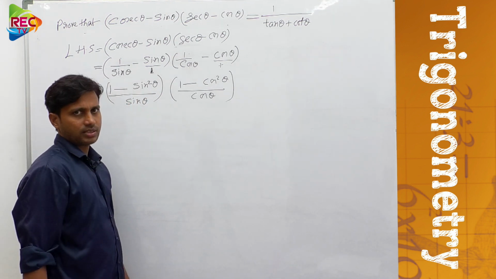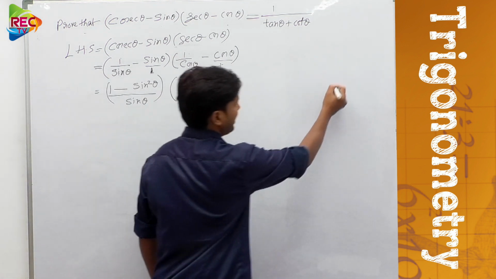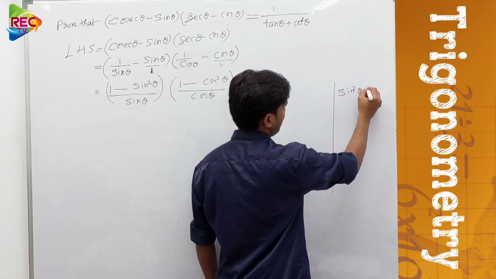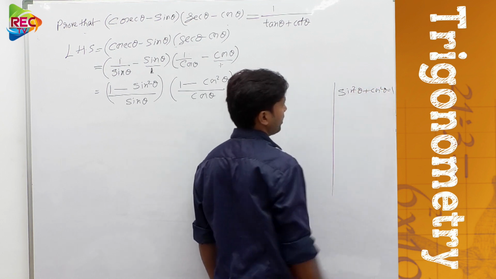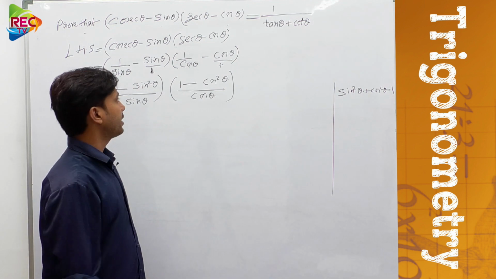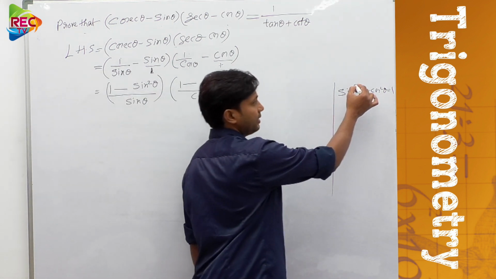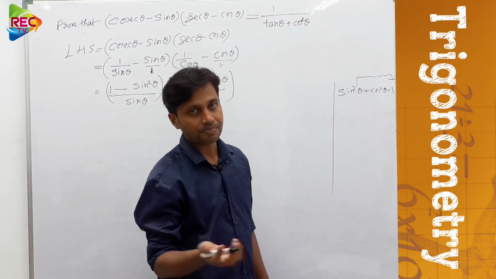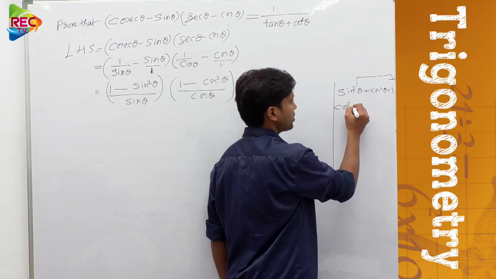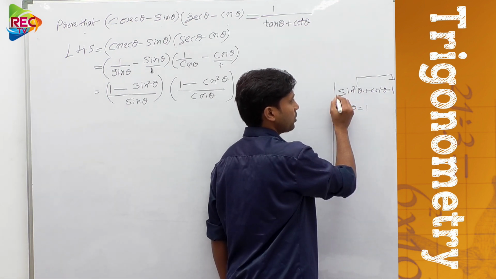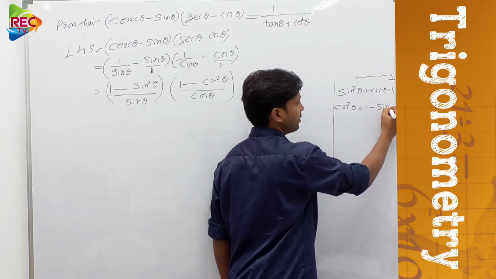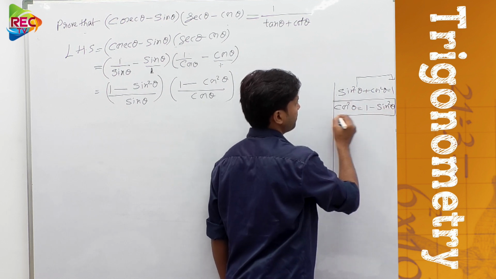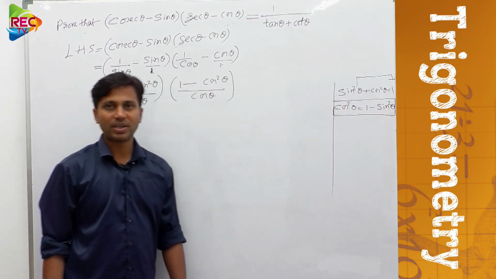And if you observe this, what is your observation? Again consider the basic trigonometric identity: sin square theta plus cos square theta equal to 1. From this, if you move this sin square theta to the other side of the equation, the sign is going to be changed. So cos square theta equal to 1 minus sin square theta; it is plus on this side, and on going to that side it will be minus.